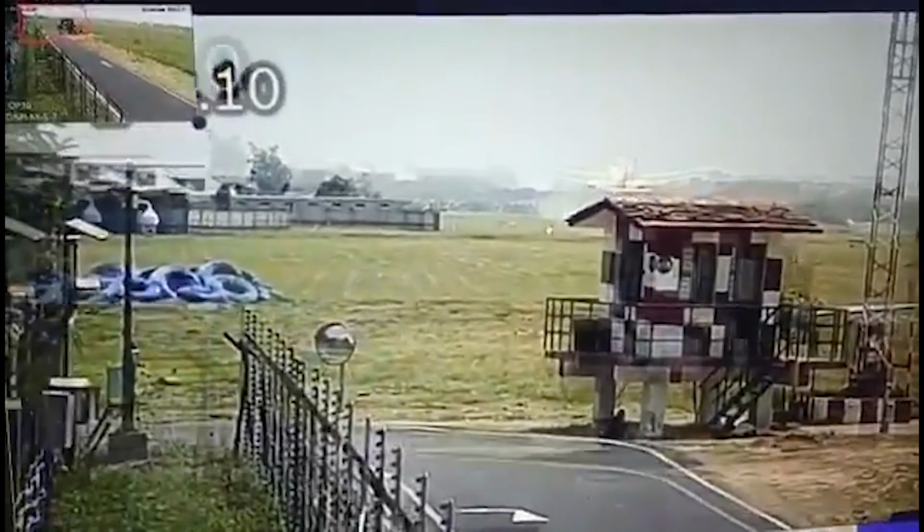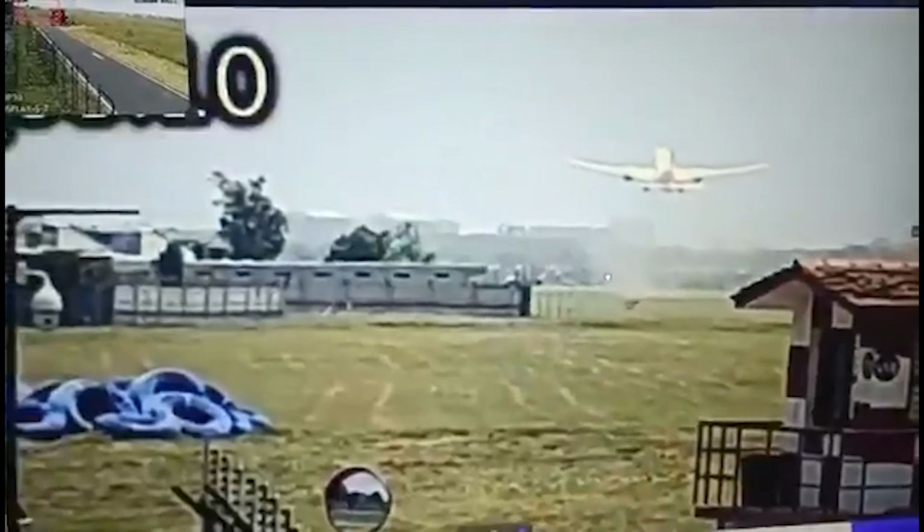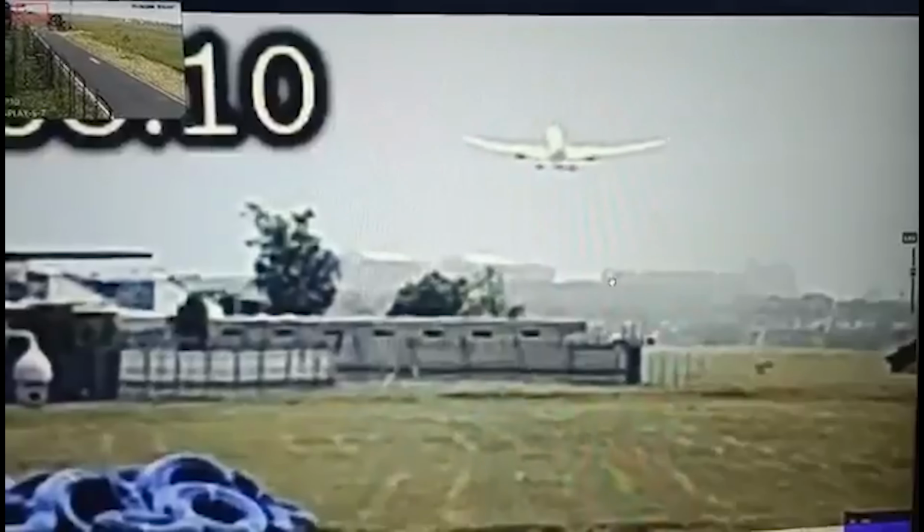So there it goes. So far, everything looks smooth. I don't see any smoke, nothing burning. You can't really tell in this grainy video whether there's anything wrong with the plane. It gets up to about 600 feet or so right here. Now it's starting to go back down again.